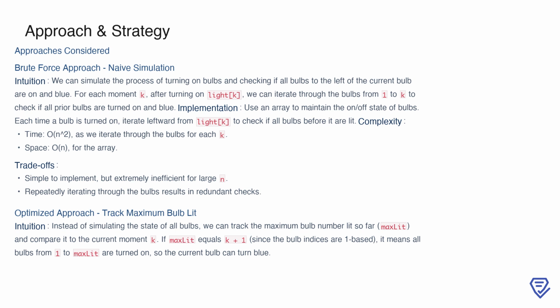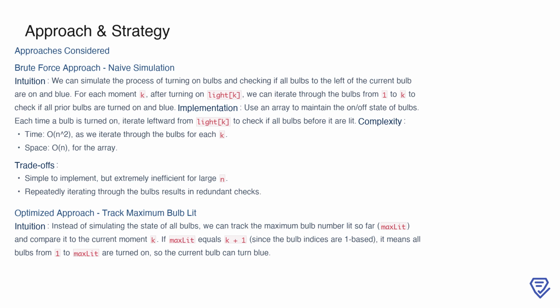This approach uses an array to track the state of each bulb, and each time a bulb is turned on, you perform a leftward check to confirm that all prior bulbs are in the correct state. However, this method has significant drawbacks. It involves repeatedly iterating through the bulbs for each moment, leading to a time complexity of n squared. While simple to implement, it becomes highly inefficient as the input size grows, making it impractical for large values of